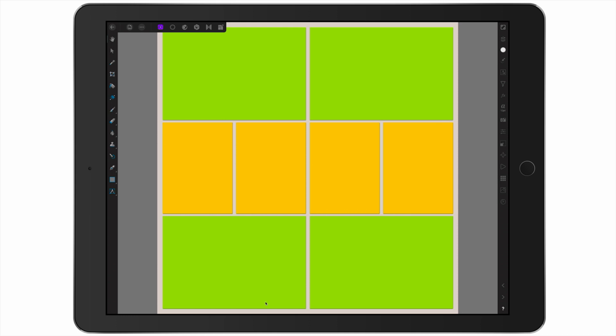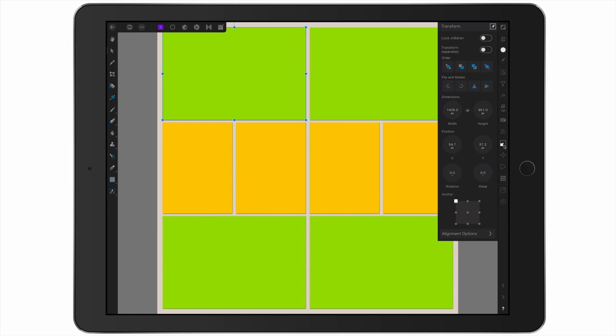Now I want to tap my little move tool, and then I'm going to start with this horizontal 4 by 6 placeholder. I have that selected, and if I come over here to my right hand sidebar in the Studio palette, I'm going to select the Transform Studio, and right here you can see that the dimensions for this placeholder is 1426 by 951. I'm going to make note of that dimension on a piece of paper. Then I want to select the smaller rectangle, the 3 by 4 rectangle, and make a note that this one